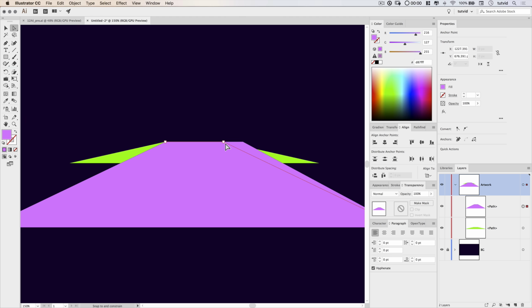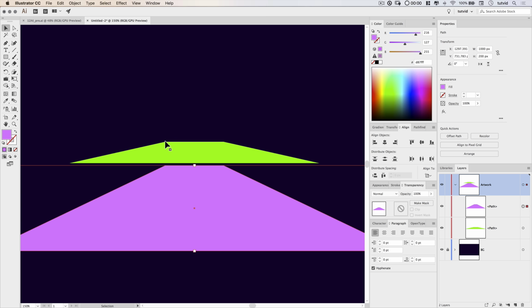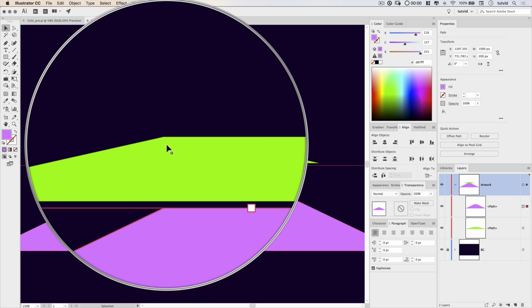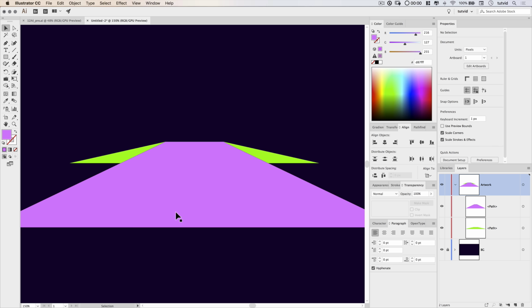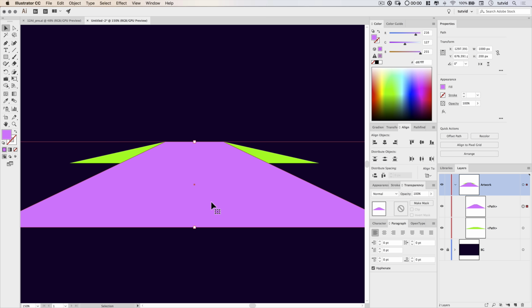Let's do it with the shape with the anchor point on the other side, and there we have it. So if I just drag this away for a second, you can see this anchor point would now be exactly lined up with the anchor point right there. That's going to be important because this bottom triangle is sort of going to be the beam of light that's splayed out across this pink shape, which is going to end up being the base of our road.